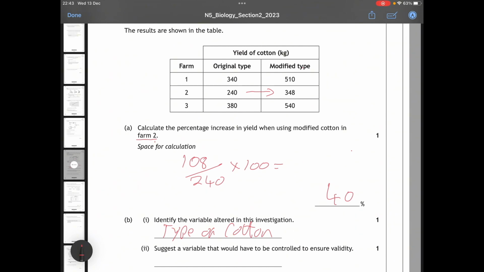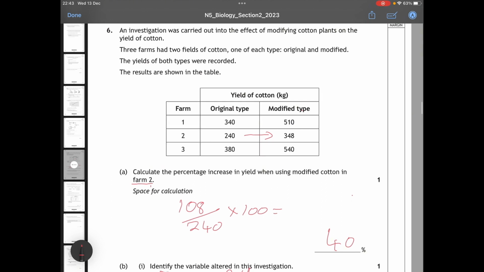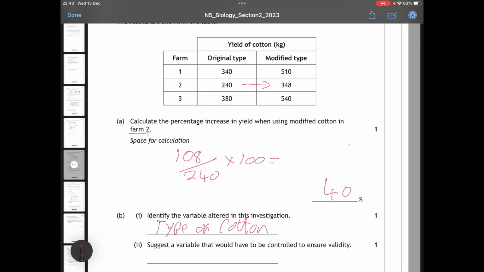And for this one, we could choose from our list, but obviously we couldn't choose temperature. You need to think about the specific experiment. This is out in the field. We can't possibly control what the weather does. So things like temperature, light intensity, CO2 concentration, which in other experiments might be reasonable suggestions, here won't work because in reality we could not keep those the same. Okay. So what sort of things do you think might work for this? What sort of things could be acceptable for variables? Well, we could have,